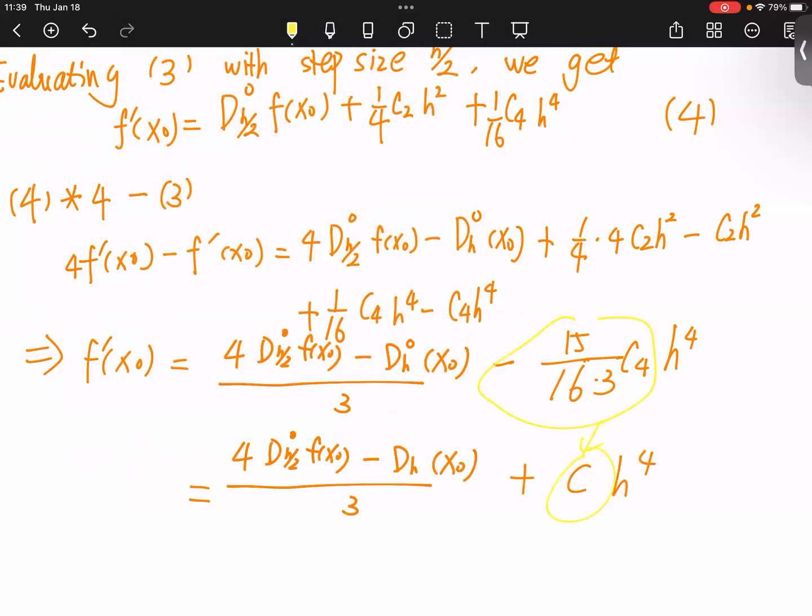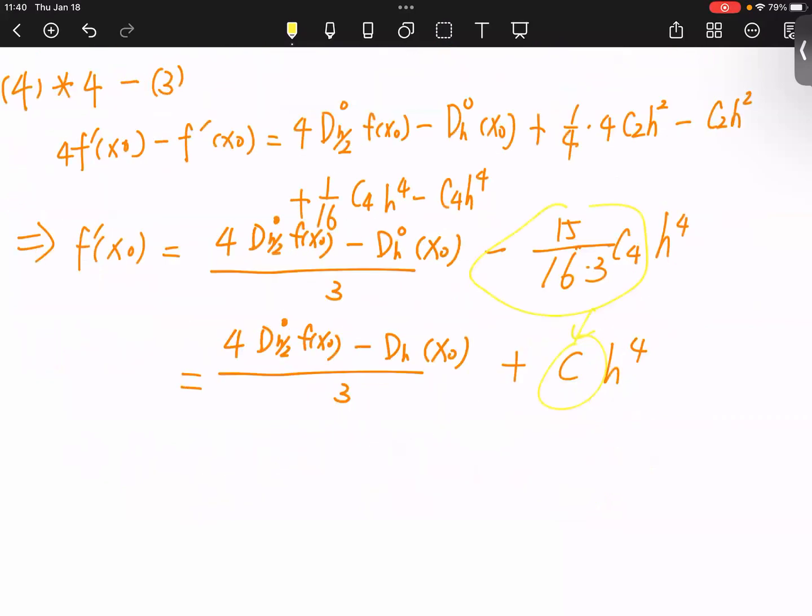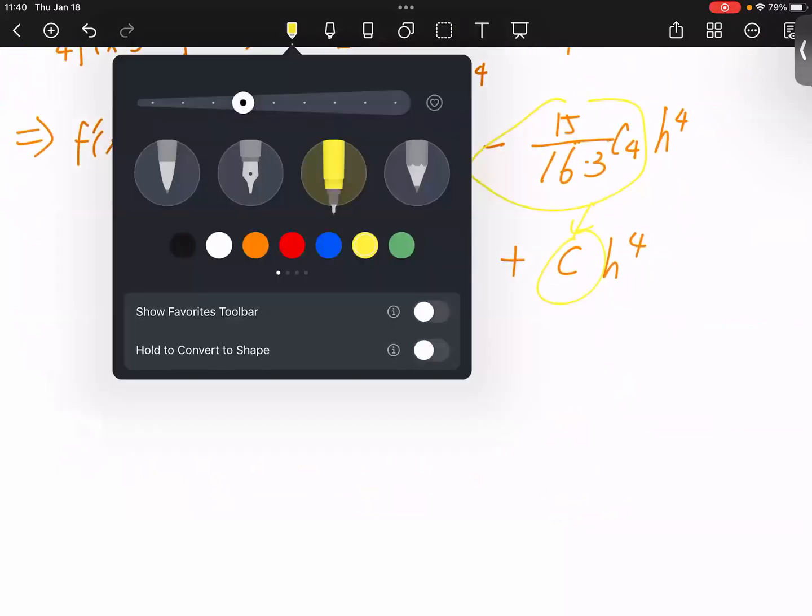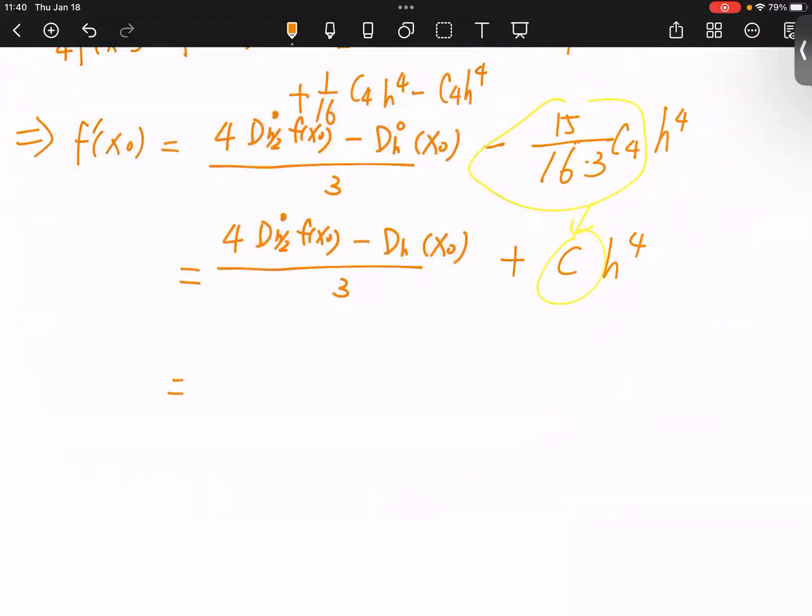And so this is the formula, the fourth order accuracy formula to approximate the first derivative. Let's see what we have here. For this center difference formula, actually it equals to this. So I am going to explain it a little bit so that you will see what we have in the